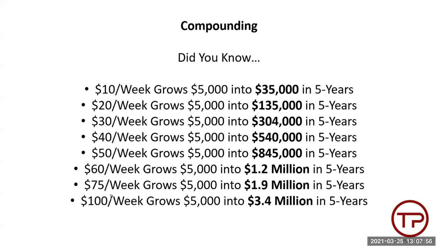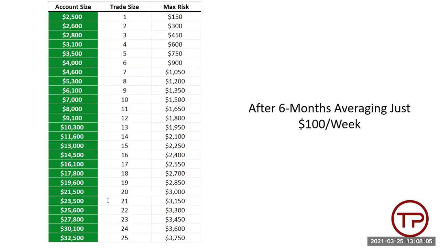And if you're able to get to where you're averaging $100 a week in a low risk strategy, you're talking about a multi-million-dollar account in 5 years. So that's why I say start small, because you don't need to start big. As you prove what you're doing, the compounding will help you out there. Here's the compounding plan that you can use for most of the approaches.